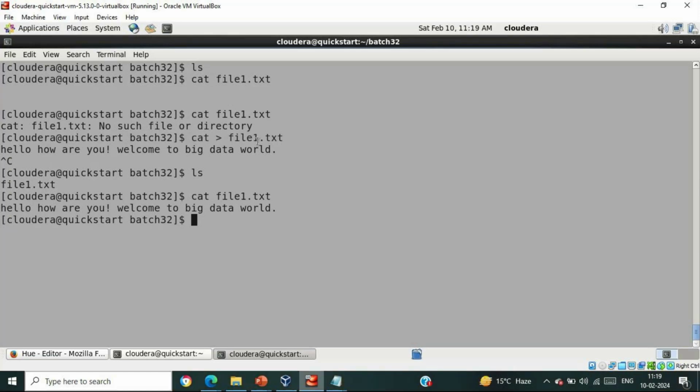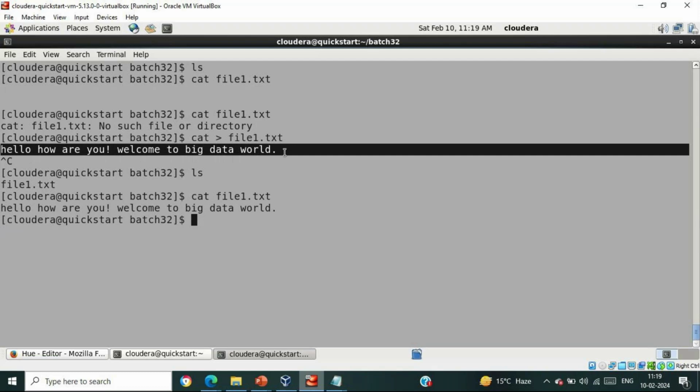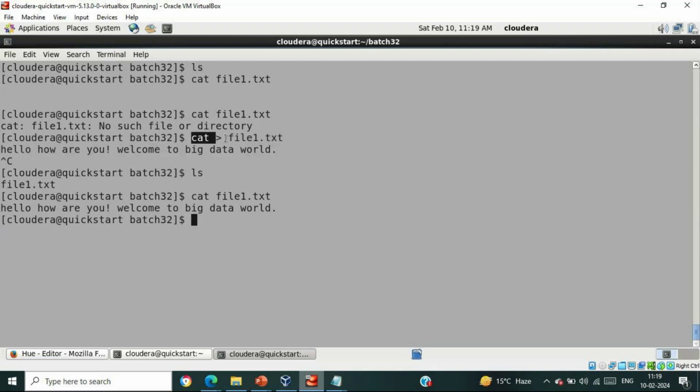It creates a file and waits for you to enter the content. So the cat command is used to create a file, and I have entered this content in it. And now if I'm going to display the content, the cat command